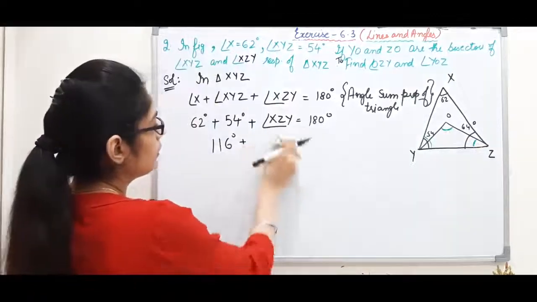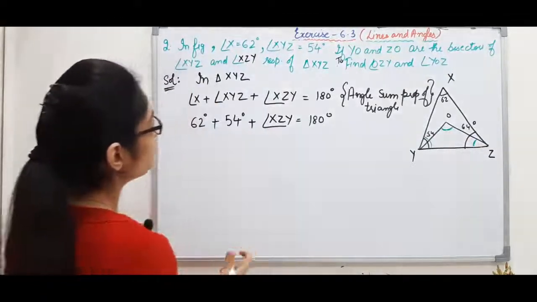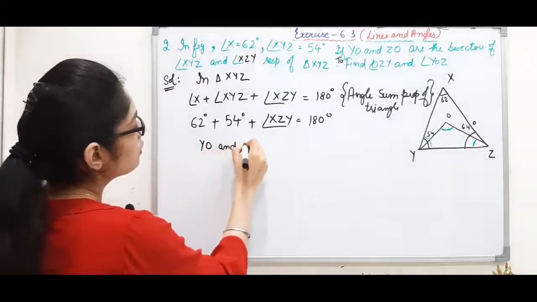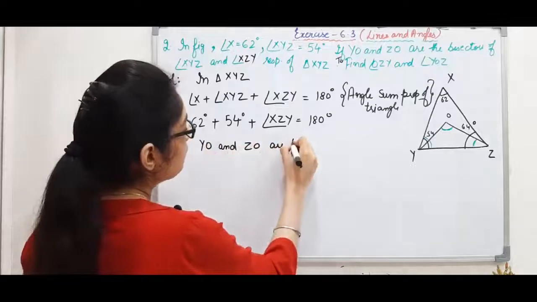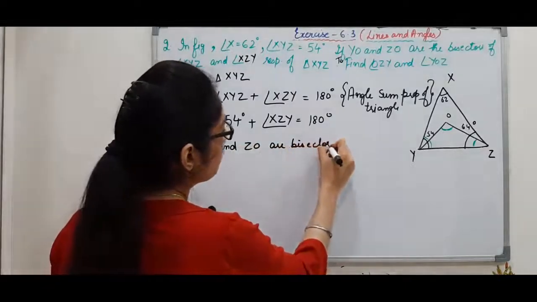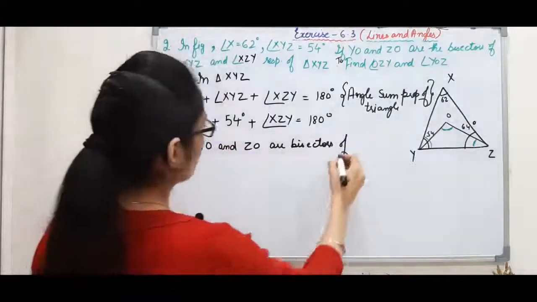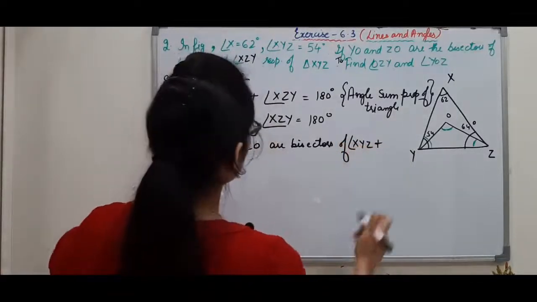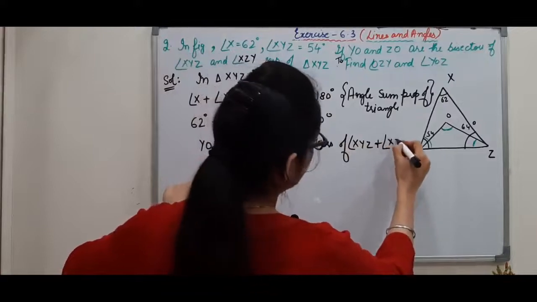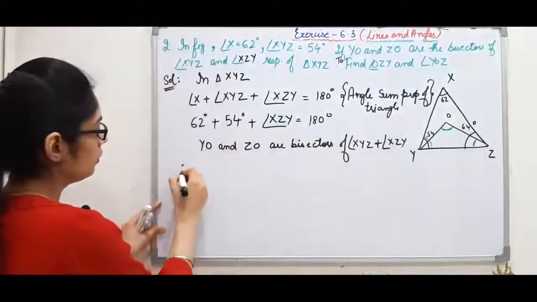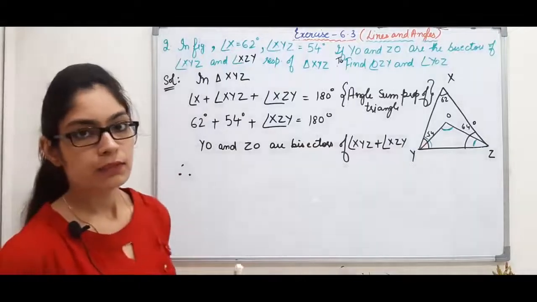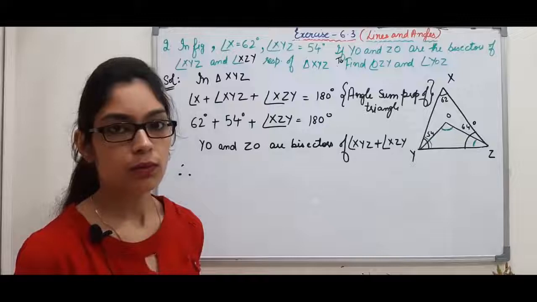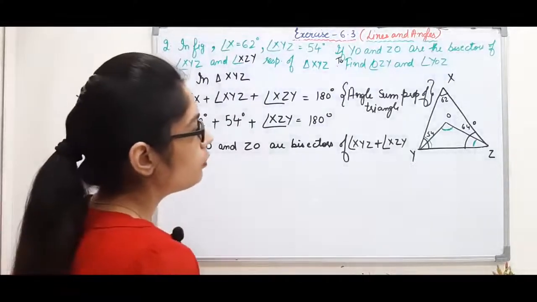So before that, we can mention, because we know YO and ZO are the bisectors of angle XYZ and angle XZY, therefore, bisectors means this complete angle will be divided into two equal angles. So therefore we can mention,